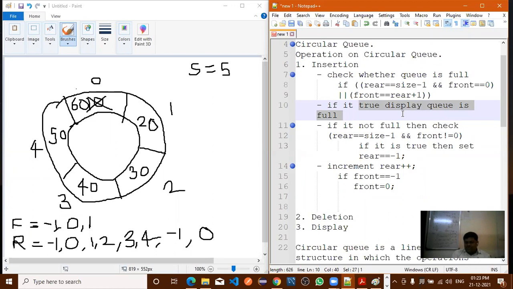Now all of you understood the insertion operation. Is there any doubt in the insertion operation? Now if I say, write a program on a circular queue for the insertion operation, is it possible for you to write it using the C programming language? Yes, sir. So all of you have dictated these steps in your notebook, right? We'll take a break of 1 minute, and after that we'll continue from the next operations.